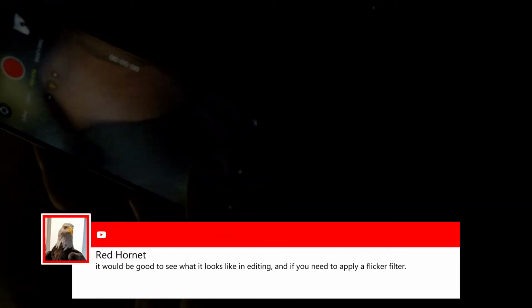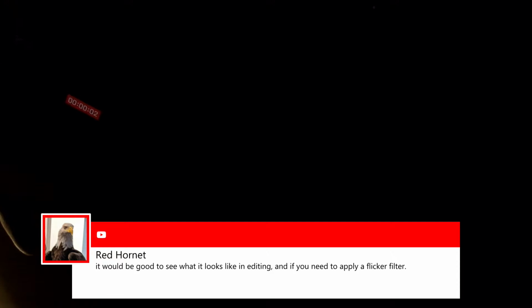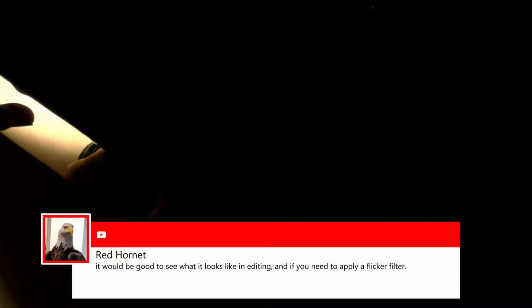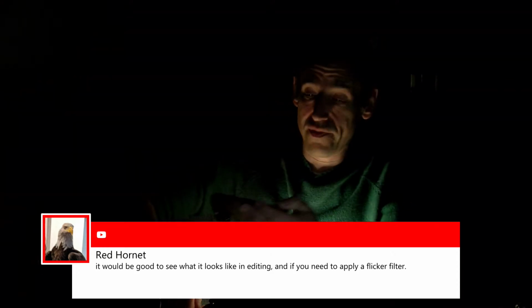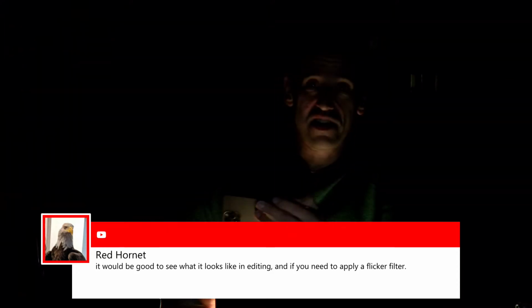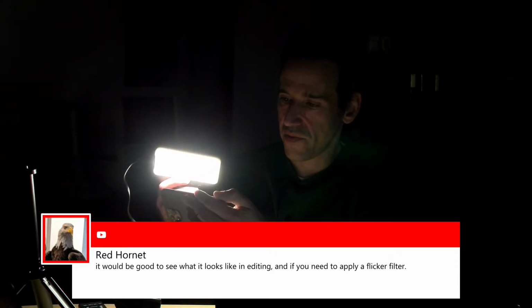Although I don't know if it's running in slow-mo here. Let's see, I'm hitting slow-mo. Hang on, this light's stuck to the table again. It is, this suction cup, even before you lock it down, it just sticks with microsuction right out of the gate. All right, so